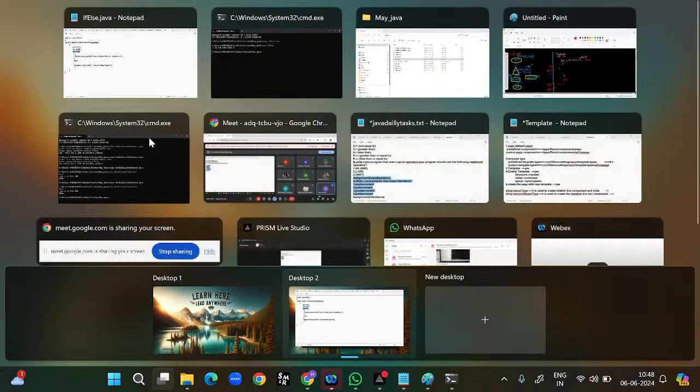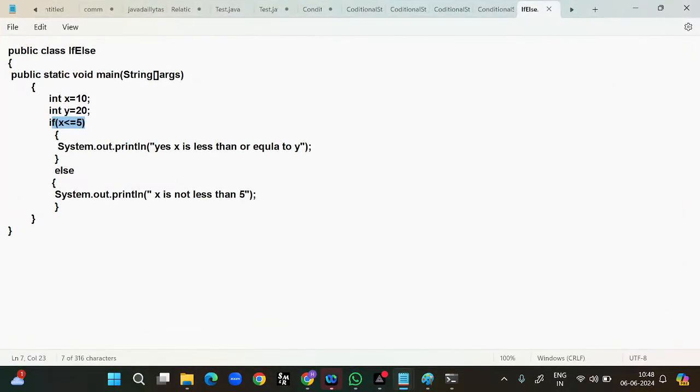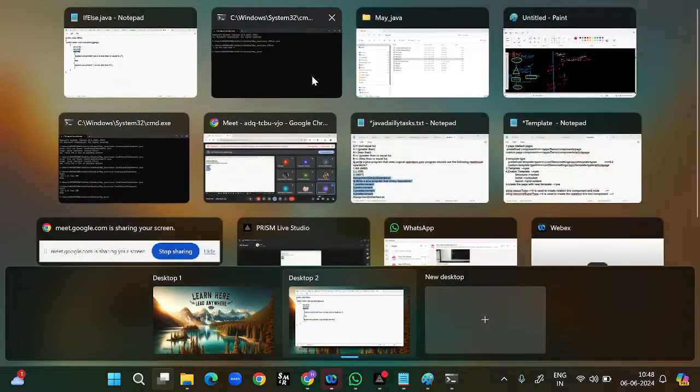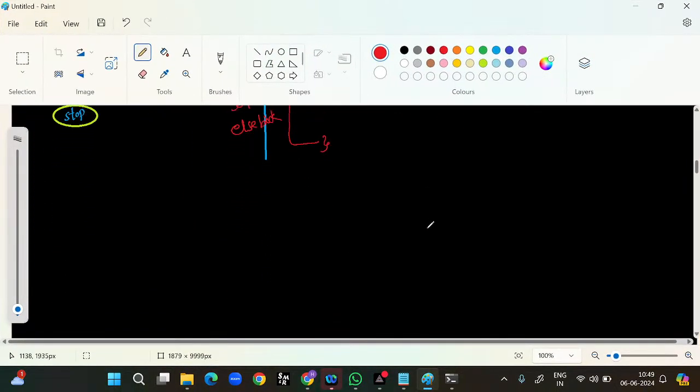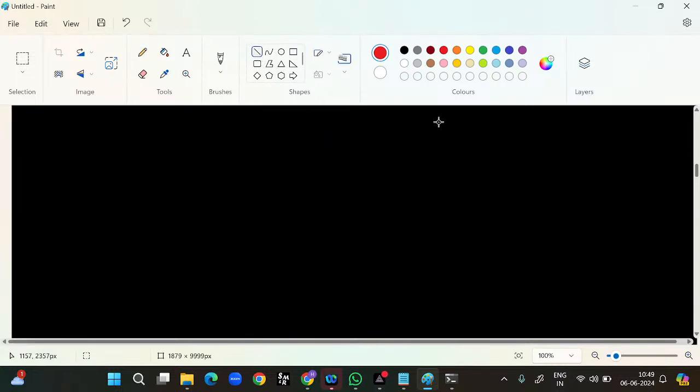Clear? Anyone has any confusion about simple if and if else? Only positive concern will go for the simple if. Both positive and negative concern will go for the if else. Everyone is clear with this point? Anyone has any confusion? So should I go for the next one? Okay. The next one is